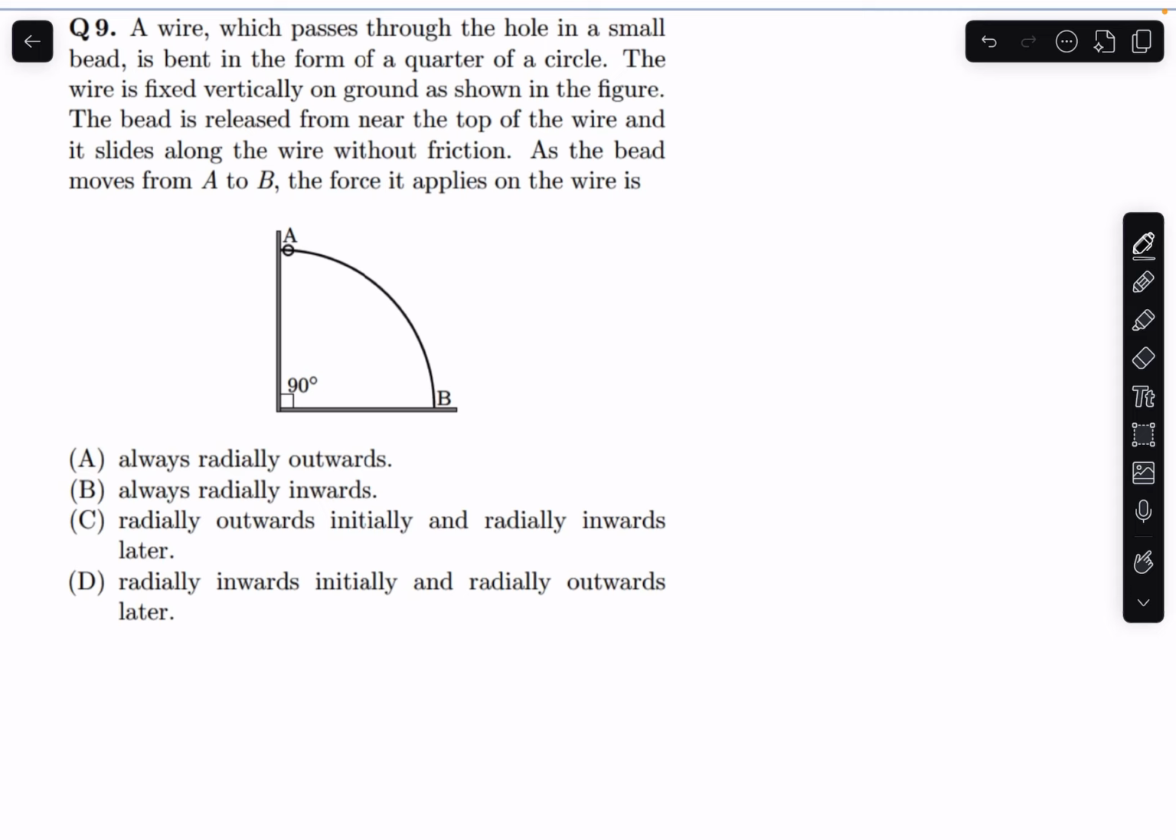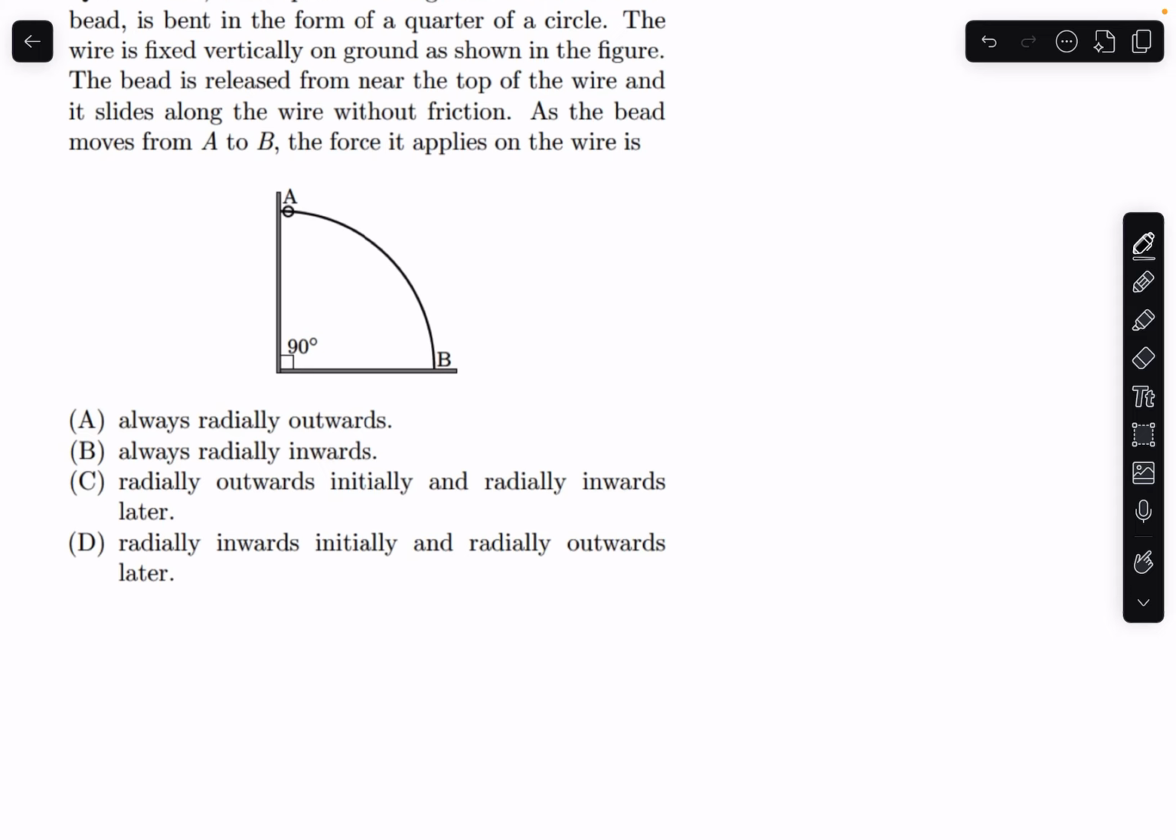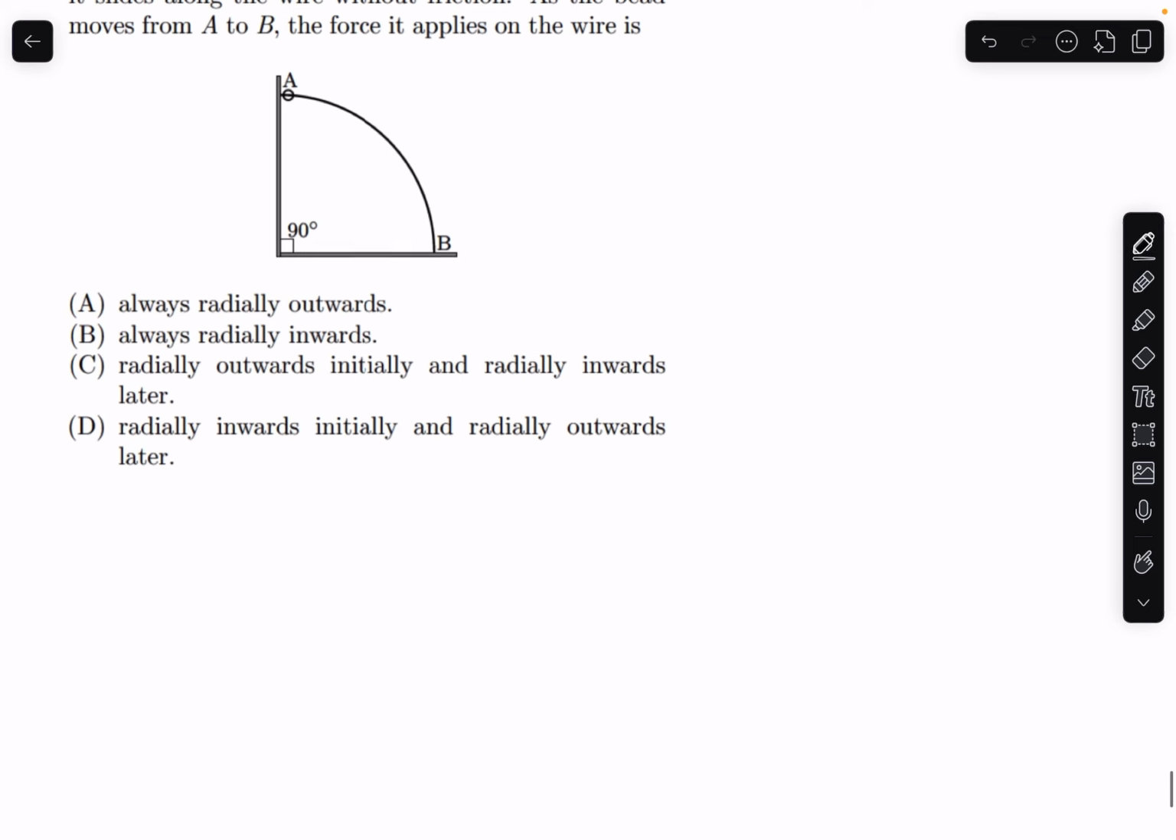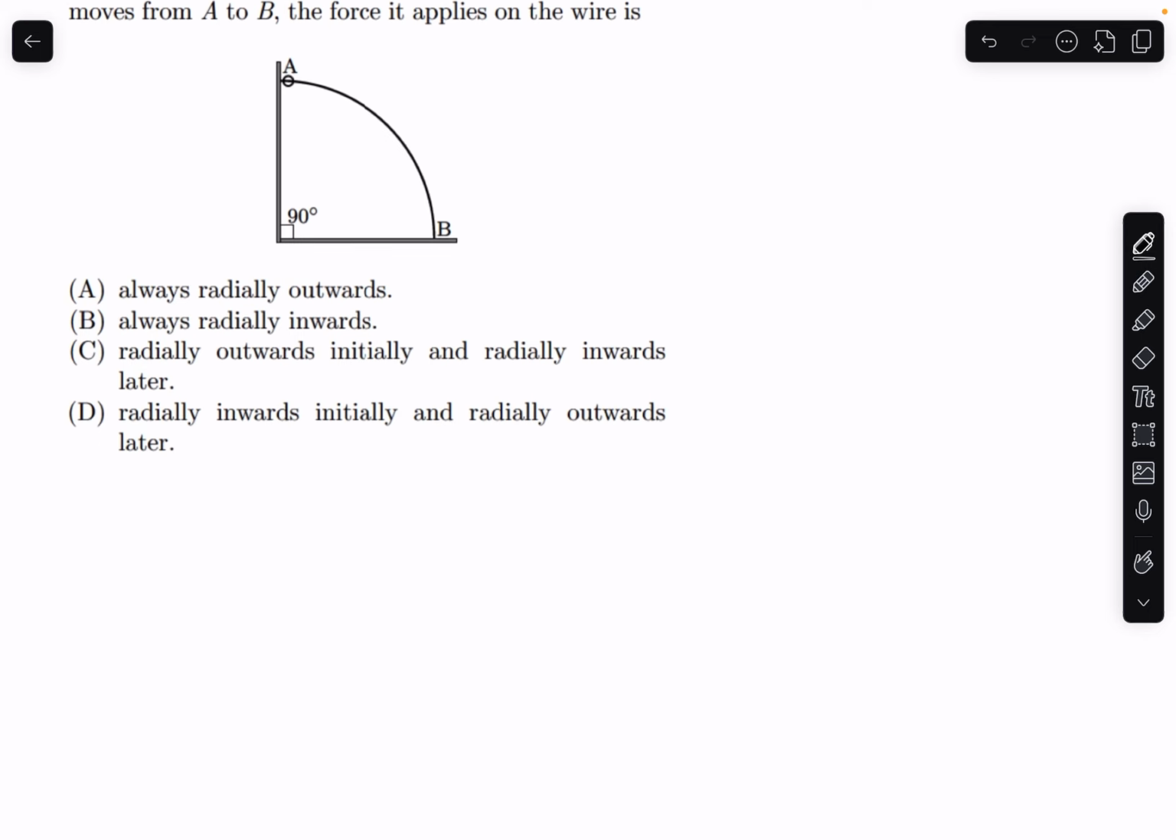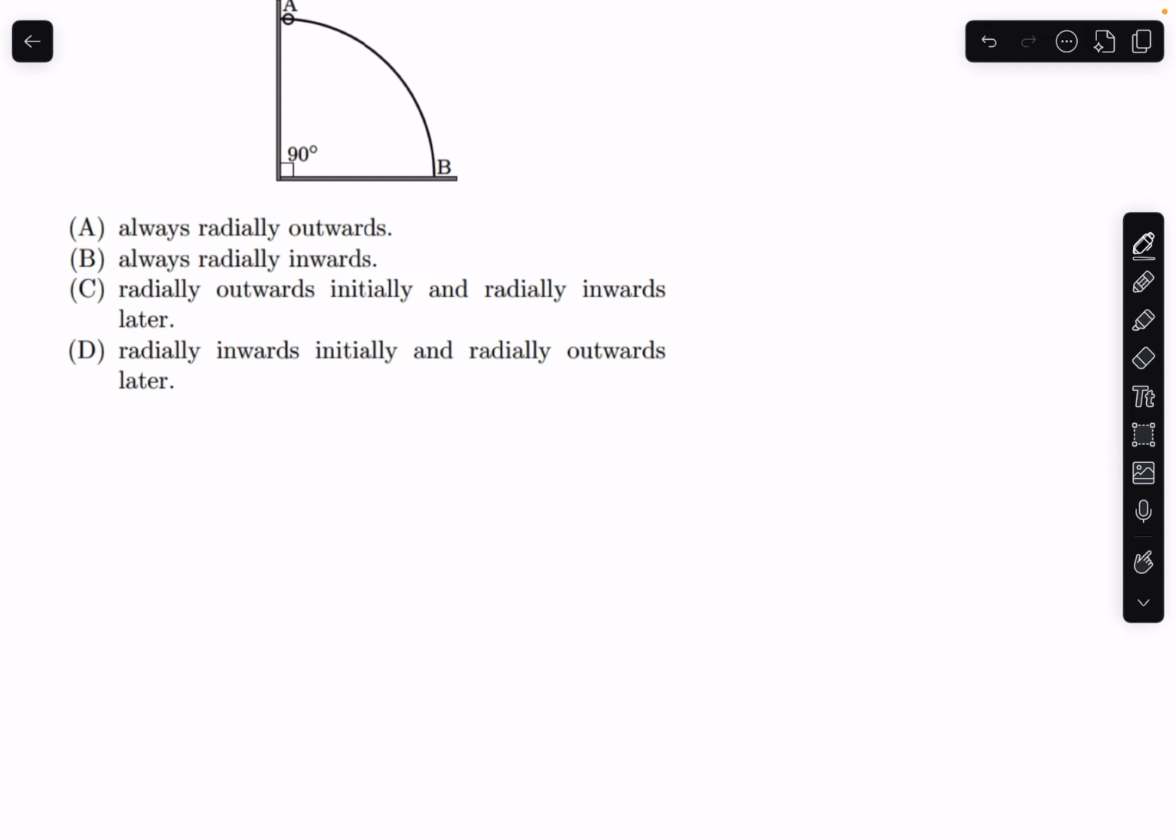we have to check the direction of the force, whether it is radially inwards or radially outwards, or whether it changes direction after a certain angular displacement. So if we consider the motion of a small block over a sphere, consider there is a small block over this sphere, and if we release it with negligible velocity from the top,